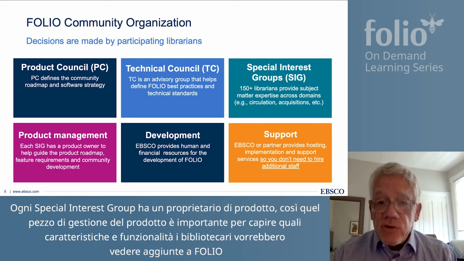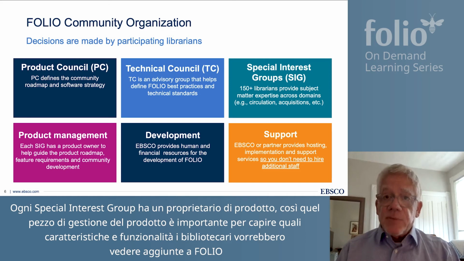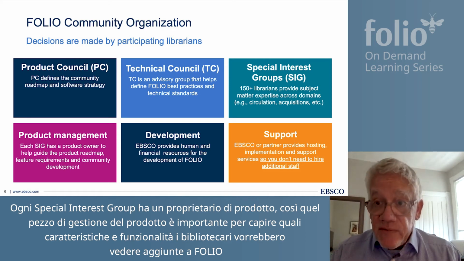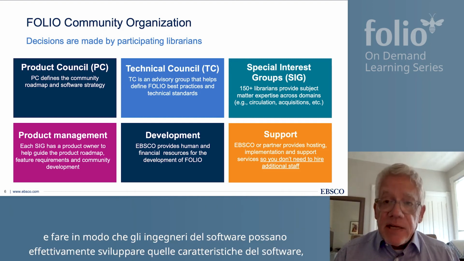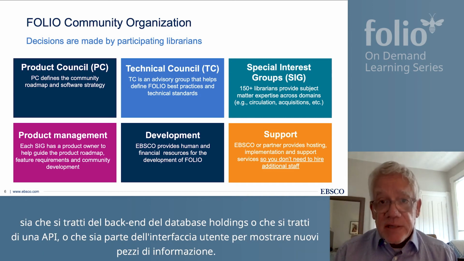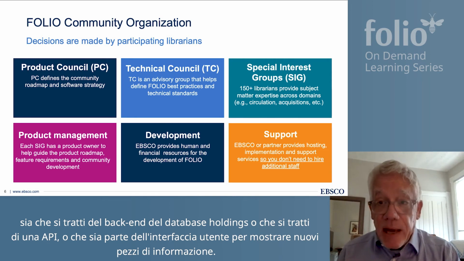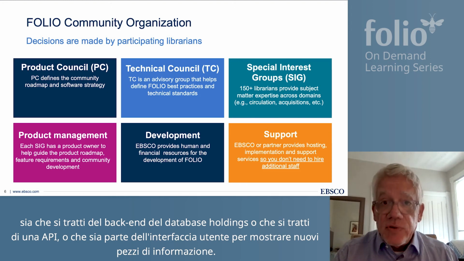Each special interest group has a product owner, and that product management piece is so important for translating what features and functionality librarians would like to see added to Folio and making sure that that is put forward in a way that software engineers can actually develop those pieces of software, whether they're on the back end for the database holdings, or whether it's an API call, or whether it's part of the user interface to show new pieces